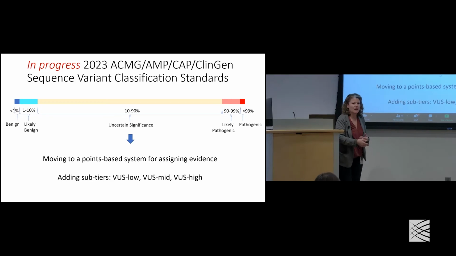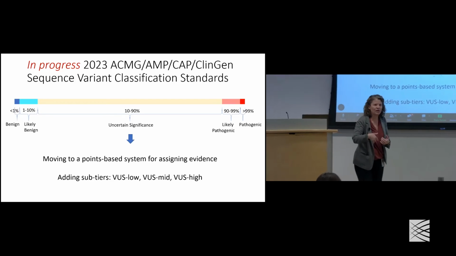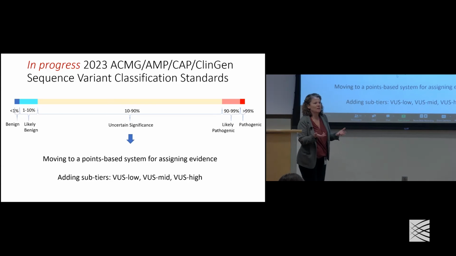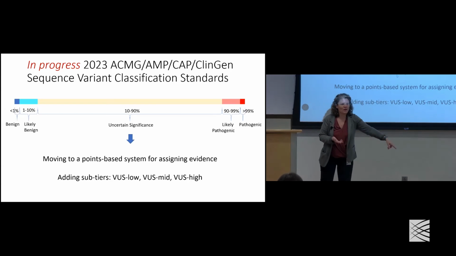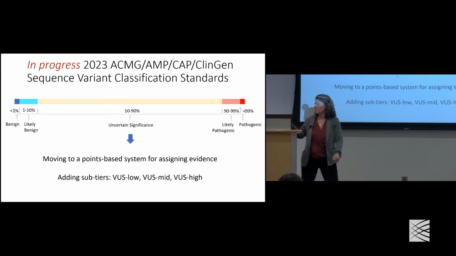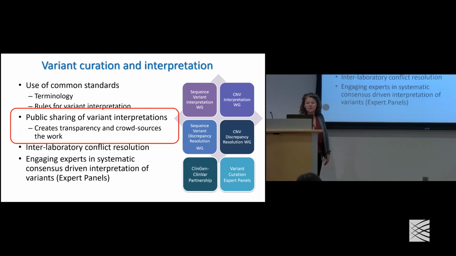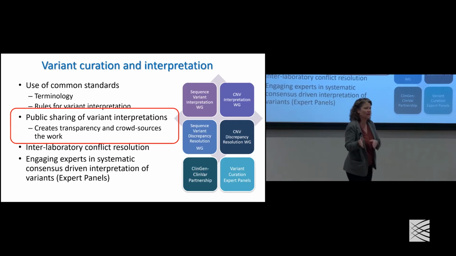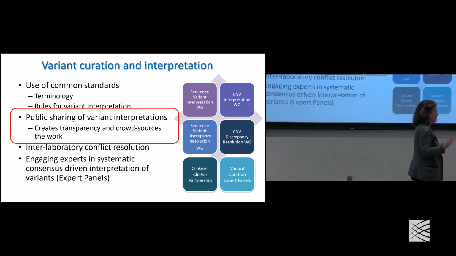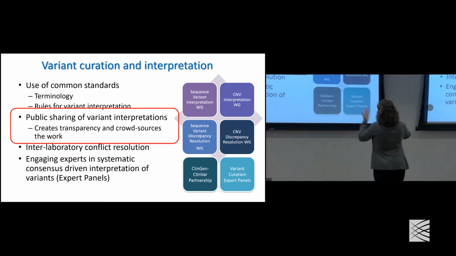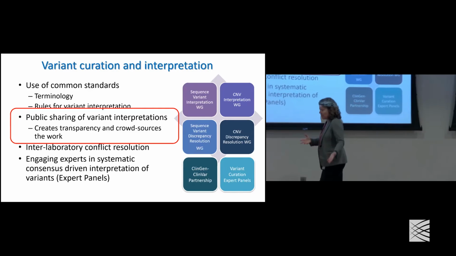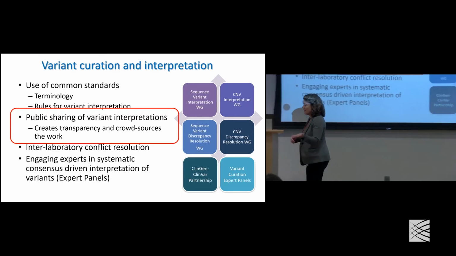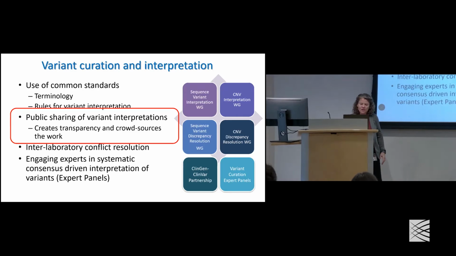Do they take the time to do other follow-up studies? Do they bring in family members for segregation analysis? That's work, cost, expense. And you probably would do it if you're on that side, but not on this side, right? So we're adding that into the system. And when it goes to a point-based system, it'll automatically tell you which sub-tier you're in. You don't have to even think about it. So that's the basic framework and approach we use to classify variants, without getting into all the details of how we apply that evidence.